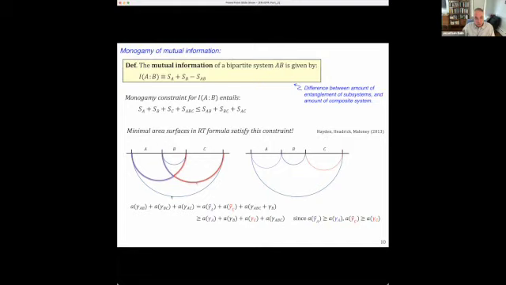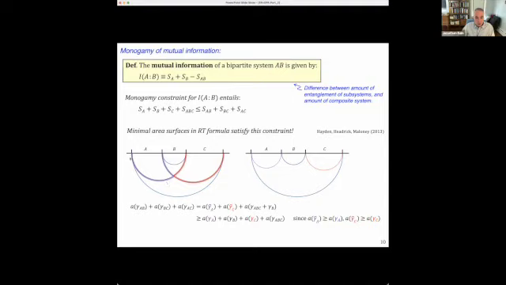So the sum of the areas of the surfaces on the right should be exactly equal to the sum of the areas of the surfaces on the left. All we've done is reconfigure the bulk surfaces on the left in a slightly different way. We haven't added or subtracted any bulk surfaces, just moved them from the left side of the equality to the right side. And then Hayden and colleagues note that the area of